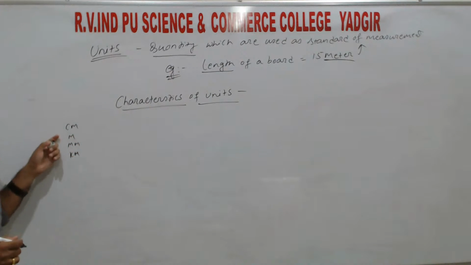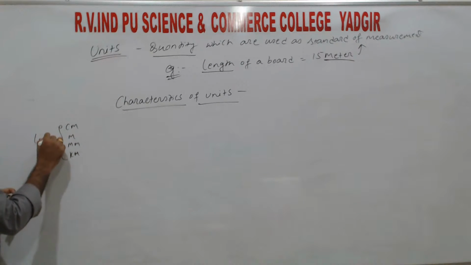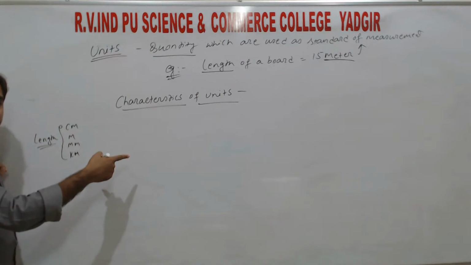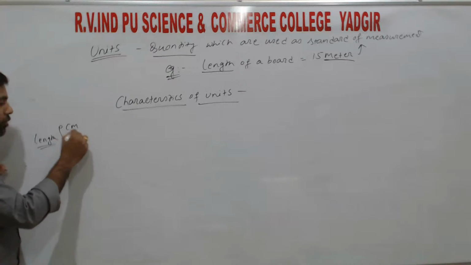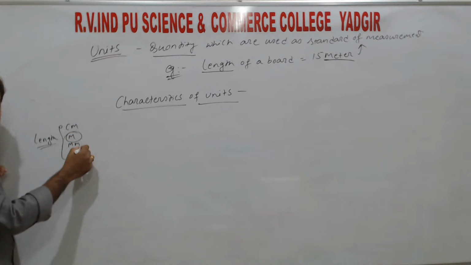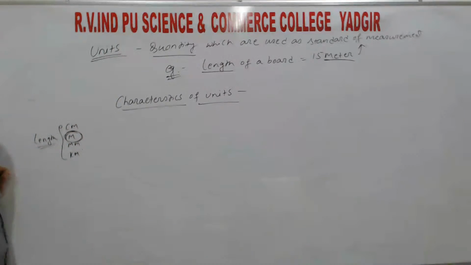These are the units used to measure the length. Among these, to measure the length we have taken meter as the unit. ಇದನ್ನು ಕೂಡ ನಾವು ಯೂಸ್ ಮಾಡ್ತೀವಿ, ಬಟ್ ಫಂಡಮೆಂಟಲ್ ಯೂನಿಟ್ ಅಥವಾ ಬೇಸಿಕ್ ಯೂನಿಟ್ ಅಂತ ಕನ್ಸಿಡರ್ ಮಾಡಿದ್ರೆ ಮೀಟರ್ ಅಂತಾನೆ ಏನಕ್ಕೆ ಯೂಸ್ ಮಾಡ್ತಾ ಇದೀವಿ ಅಂದ್ರೆ